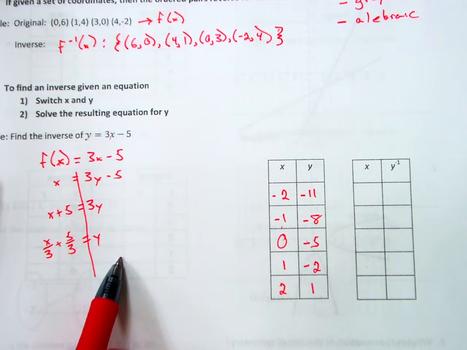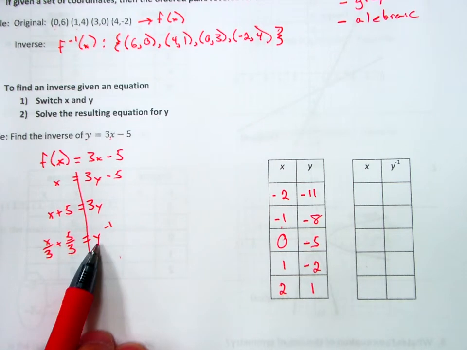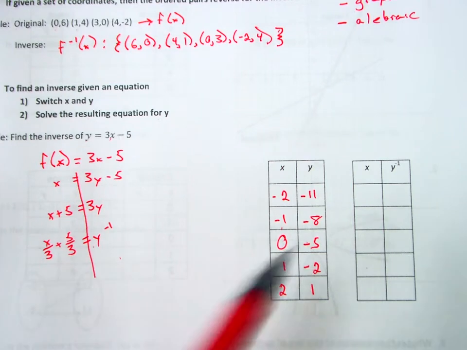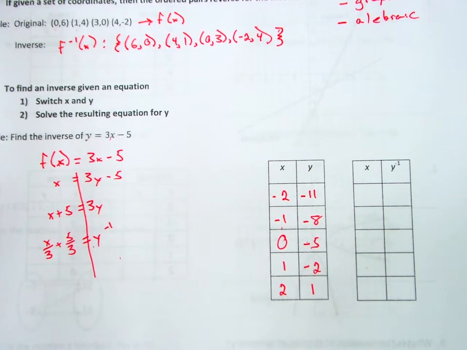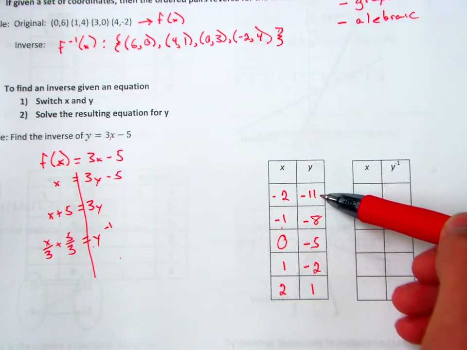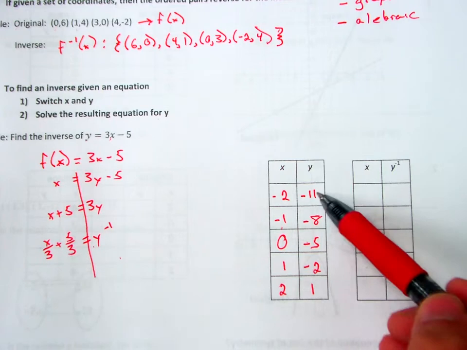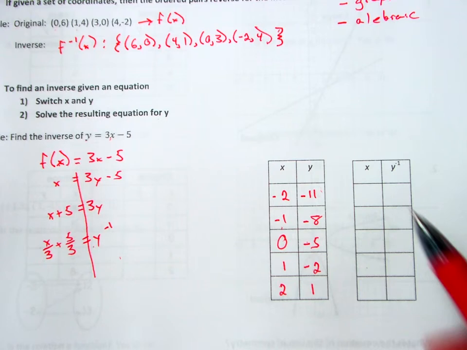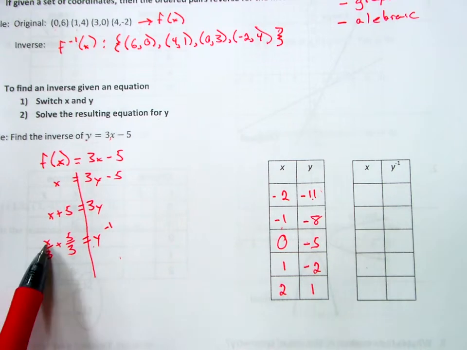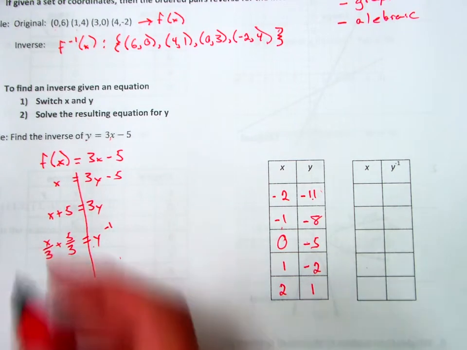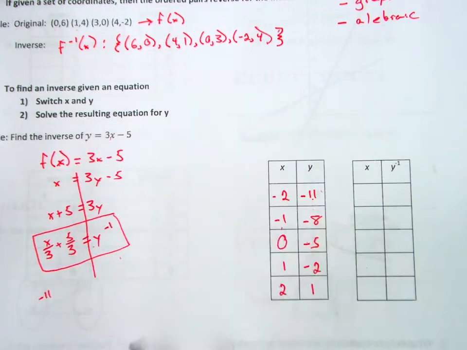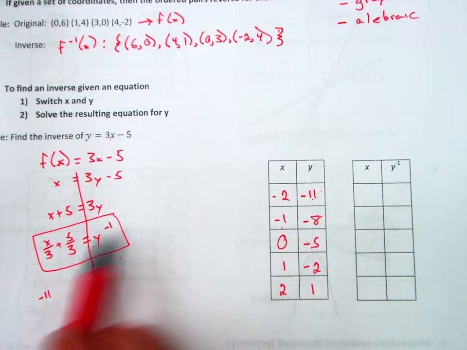And once I get y by itself, that should be the inverse. This function is going to undo everything that this function did. So if it's going to undo it, there's an easy way to verify that, and it's the reason that we created that table. It should be able to take this negative 11 right here, and I should be able to plug it into this function and go from this output and get that input. It should be the complete opposite. So let's try it. If I take negative 11 and put it into this function for the x right there, so I'm going to have negative 11 over 3